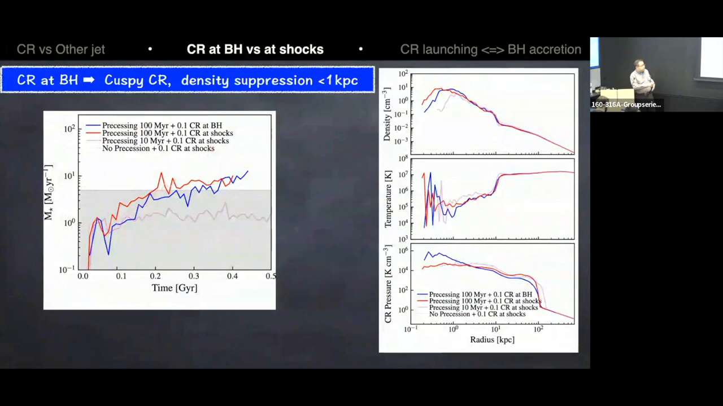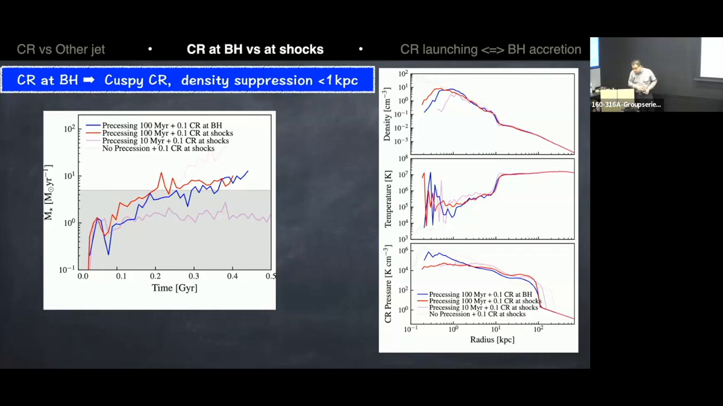So first, let's compare injecting cosmic ray at the black hole vicinity, which is the blue line, versus injecting cosmic ray at a shock front, which is the red line. You do see that with the constant energy flux jet with sufficiently high energy flux, both of them could suppress the star formation rate. However, they lead to very different density and cosmic ray pressure profiles. When you inject cosmic ray at the black hole vicinity, it suppresses density in the core region around the black hole more, and it also has a much more cuspy distribution of the cosmic ray,